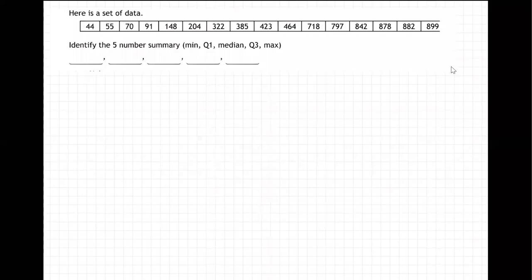Okay, so on this problem, we've got a whole bunch of numbers, and we want to find the 5-number summary: the min, the Q1, the median, the Q3, and the max. So right here is going to go the min. Up here will go the max. And this is going to be the Q1, median,